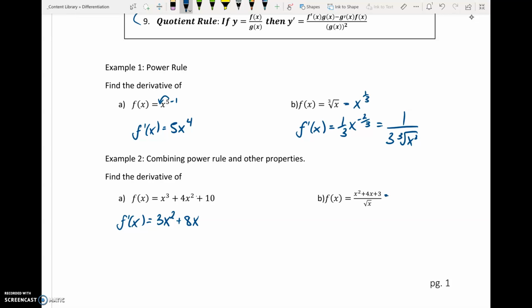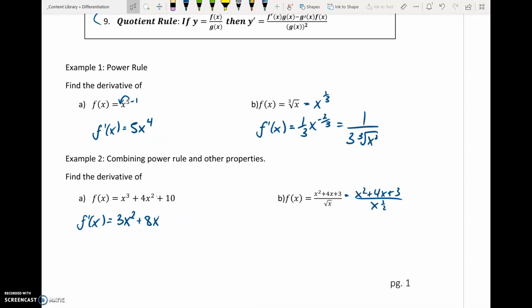For b, I'm going to rewrite this with the denominator as x to the half. And from what we know about the rules, whenever we have the same base and we're dividing, we can subtract the exponents. So I'm going to do x to the power of 2 divided by x to the power of a half. In other words, it'll be x to the power of 2 minus a half,